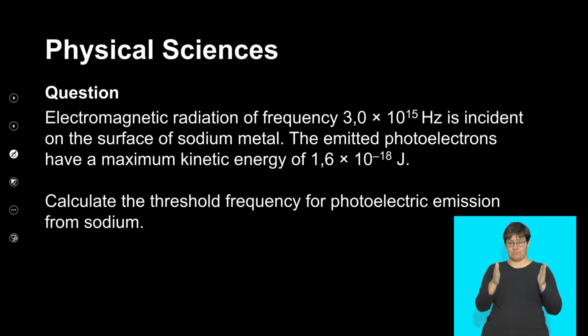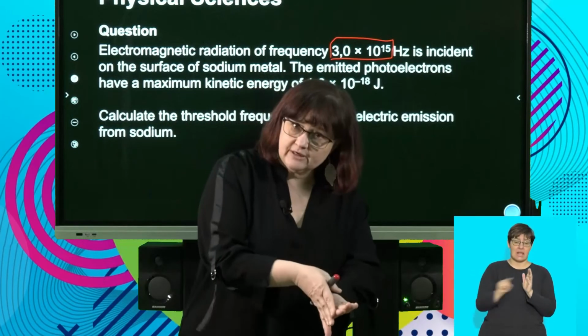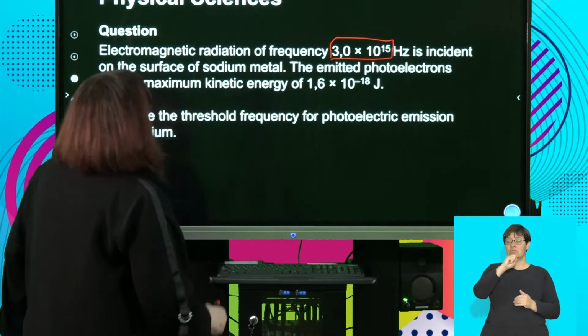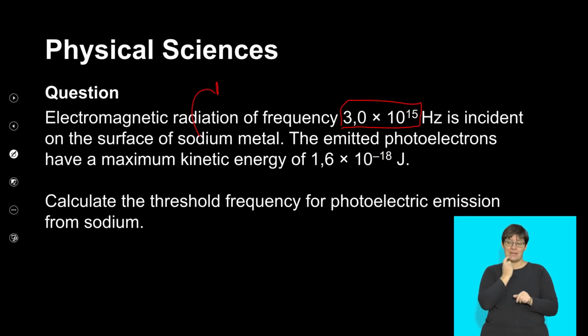All right, electromagnetic radiation of frequency 3 times 10 to the 15 hertz is incident. Incident just means that it's hitting the sodium. Okay, that's all it means. On sodium metal, sodium being Na, the emitted photoelectrons have a maximum kinetic energy of 1,6 times 10 to the minus 18 joules. They want threshold frequency,